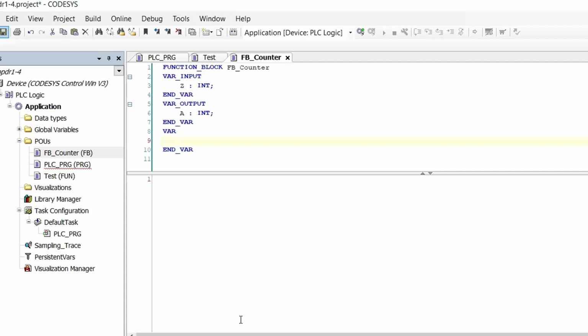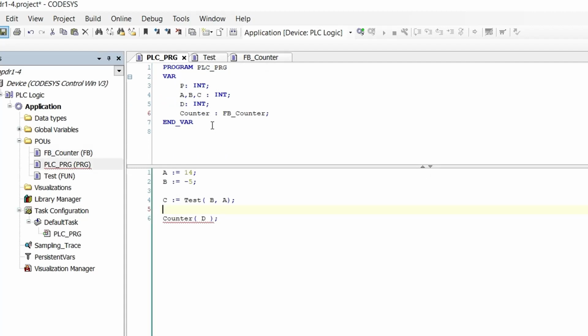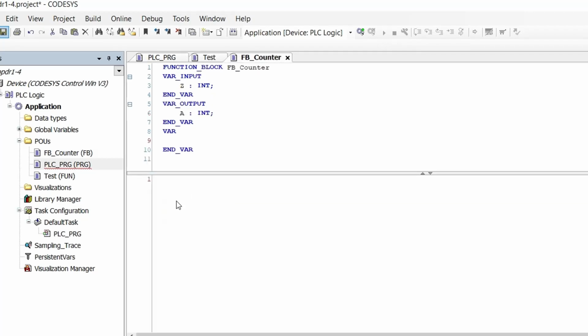And a function block does the following. When we have created an instance of the function block and we call it, then the code here will be executed, and all local variables of this function block will be, as we call it, persistent. So they will not get lost every time that we run the cycle. So let's